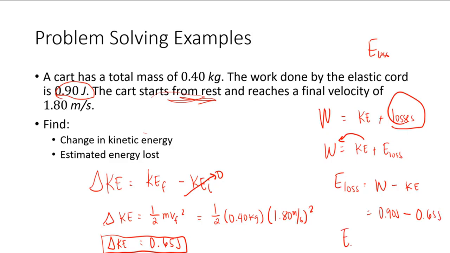So how much will be the energy loss in this problem? Hawk, hello, are you here? Can you answer the problem? How much will be our loss of energy? Okay, so that's correct. 0.25 joules. Are we clear with this? Can you give a thumbs up, guys, if everything is clear so far?